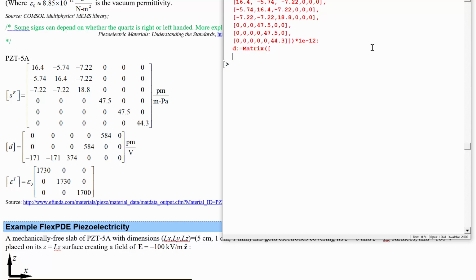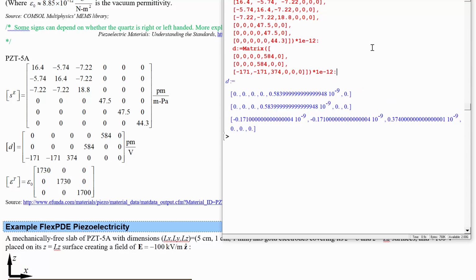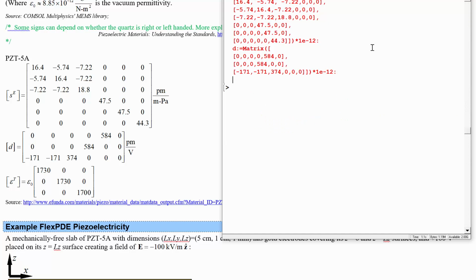matrix of 0, 0, 0, 0, 584, 0, 0, 0, 0, 584, 0, 0, and negative 171, negative 171, 374, 0, 0, 0. And again, let's have a look at that. Looks good. Now we'll put in times 1 e minus 12 again. And because it gets gross, we're going to stop reporting that too. Final thing,